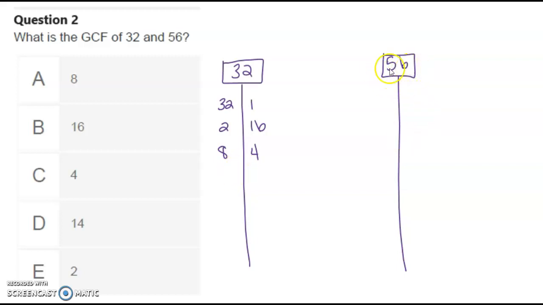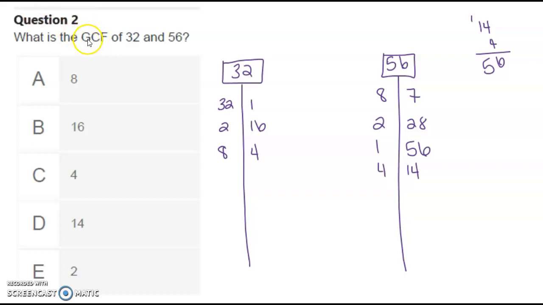Let's do 56. So factors of 56. Okay, so we have, I know 8 and 7, 2 and 28. I know 1 and 56. I think 4 and 14. Let's try that. I'm pretty sure 4 times 4 is 16. 4 times 1, yes. Okay, 4 times 14. All right. Okay, so now that we listed all of the factors of 32 and 56, we have to look